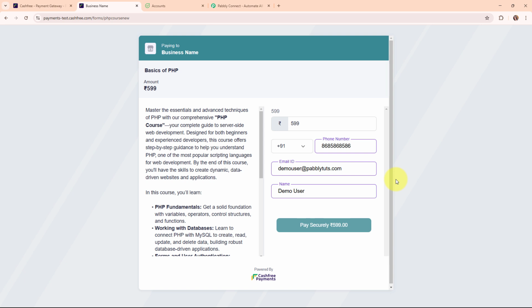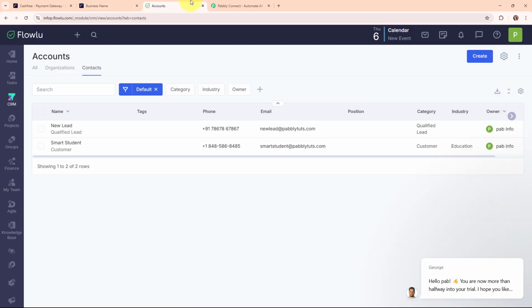As you all know, I run an online business and I use Cashfree to accept payments for my products and services. Every time a customer makes a payment, I need to save their details and manage them properly for future interactions. Instead of manually entering each customer's information into Flowlu, I want to automate the process so that a new contact is created automatically. This saves me time, keeps my records organized, and helps me easily track payments, follow up with customers, and manage